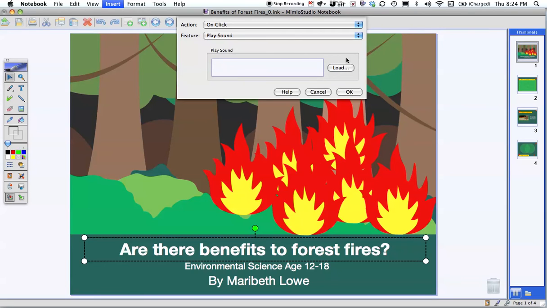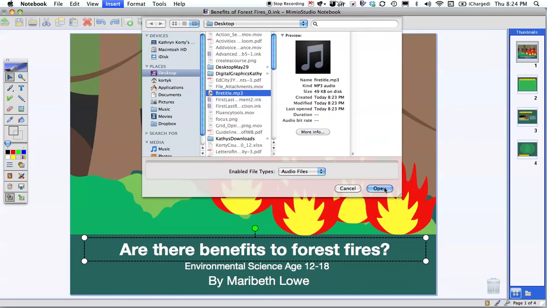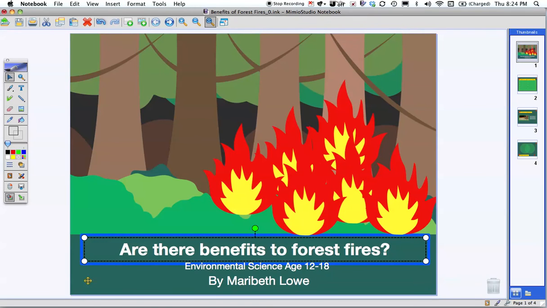Then I'm going to load this. If it was in my gallery, I'd probably drag it, but right here is what I want it to load. Remember my fire title. So I'm going to click on that and say open. There it is. I'm going to click right in here just to activate it and say OK. Notice the blue box now appears around my title.